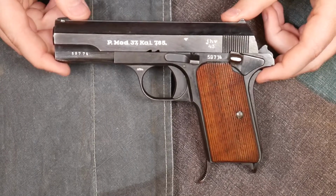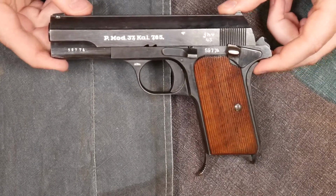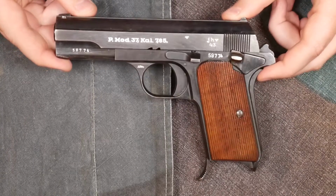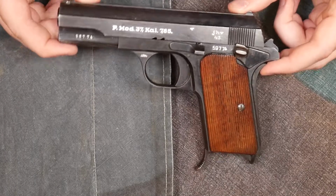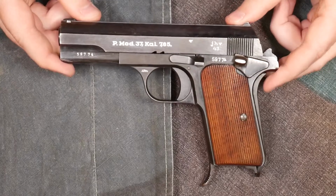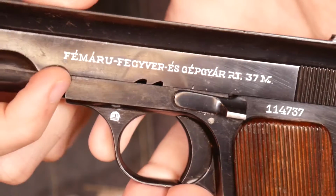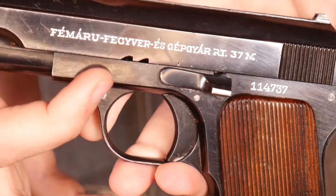Again, they're probably an officer or something, and they're not going to really be shooting this in combat. They don't need a lot of stopping power and stuff like that. So 32 works out for them. And in fact, most of these small, compact pistols are going to be in 32 for the Germans. Now the slide markings on the Hungarian 37Ms are going to be pretty much identical to the slide markings